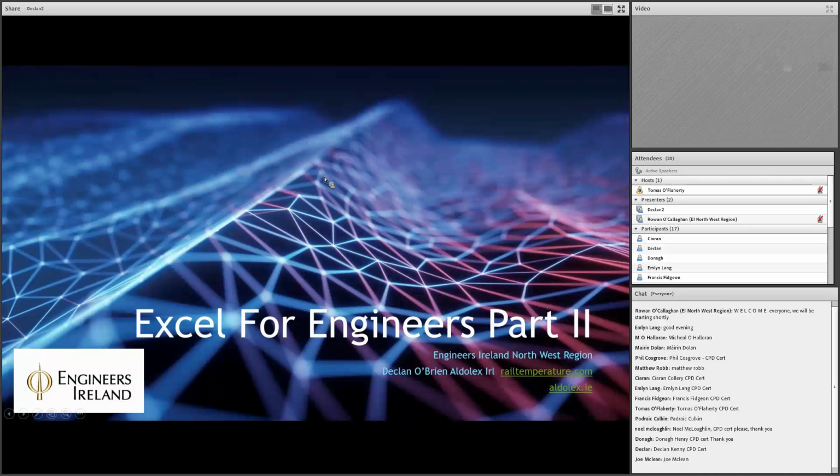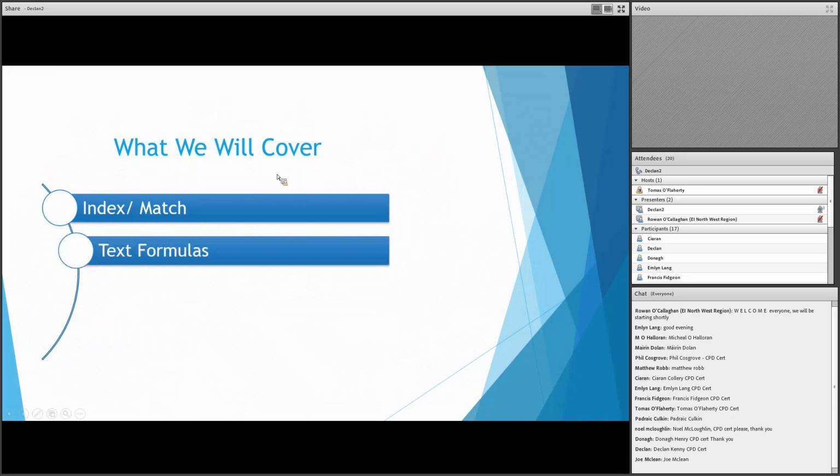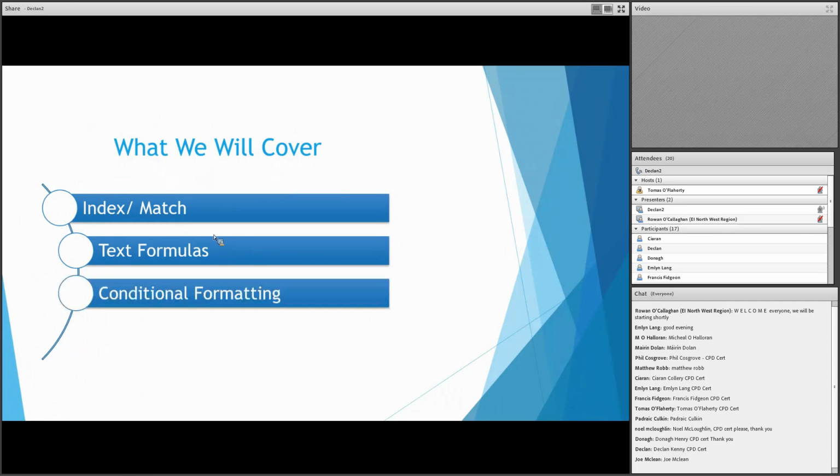So what we'll have a look at tonight are two fairly, I suppose, ubiquitous functions in Excel. They're INDEX and MATCH, and they're quite a popular thing, and they're very, very useful. So we'll have a look at how to use those. We'll have a good look at text formulas, so how you manipulate text, how you find little bits of stuff in text, how you cut it off, change its format and stuff like that,